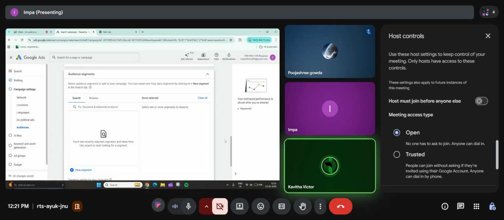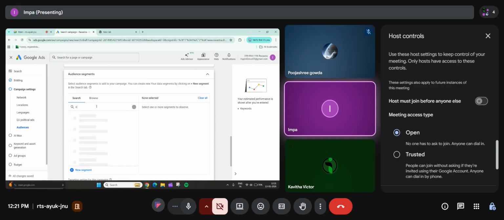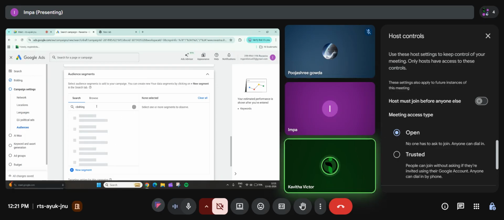Here you will be able to search for the audience whom you're going to target. Search for clothing. You will get to see the options. You can select from those options whom you're going to target.